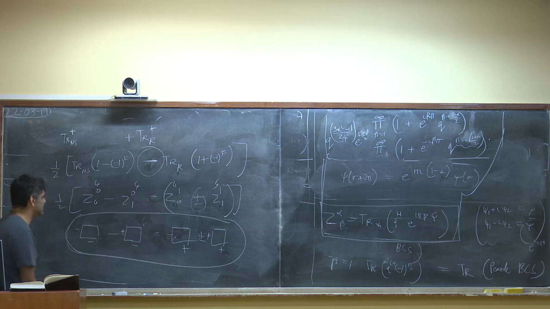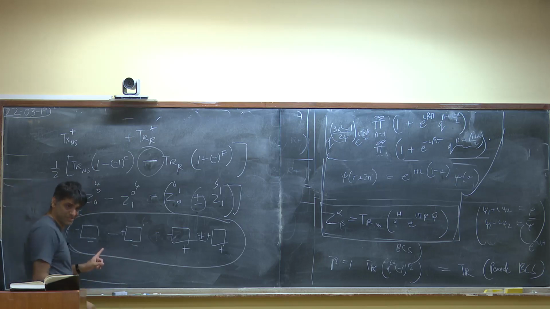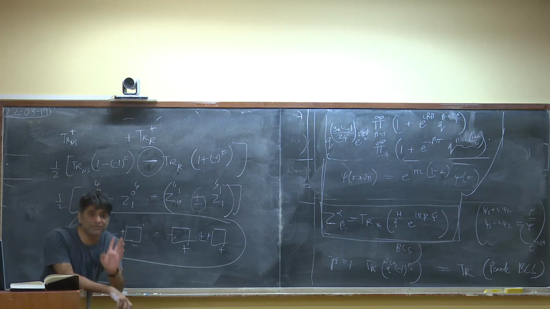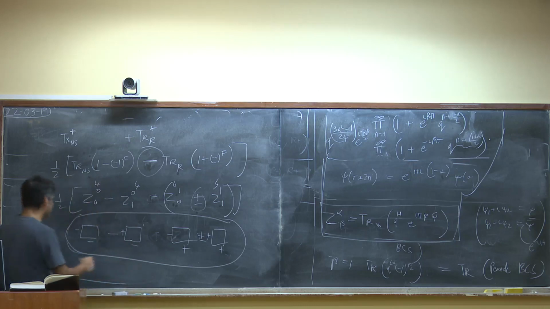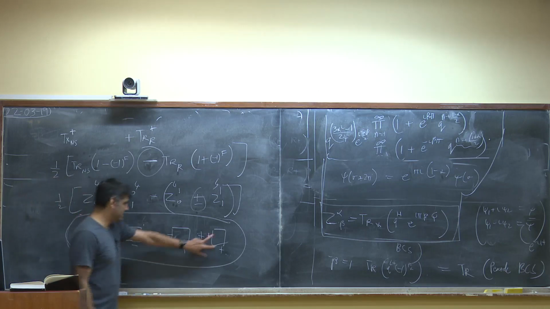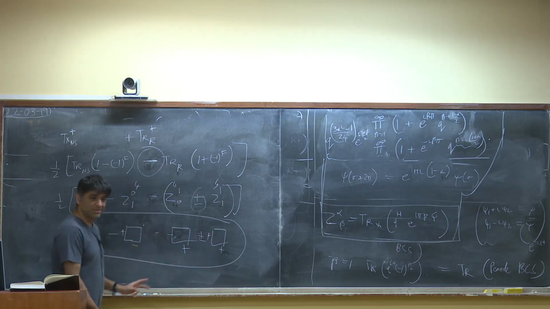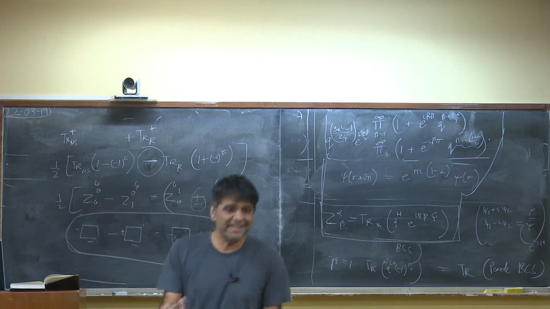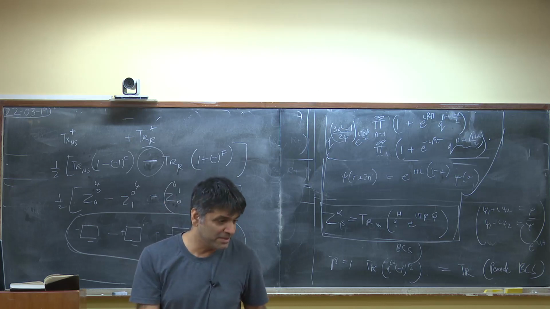The first thing about this is the following. Under T transformation, the first one gets a minus sign, and the second and third get a relative minus sign. So it looks like it's not working under T transformations. But first let's look at what does seem to work. S transformation looks like it's working, because under S transformation this one goes to itself, this one goes to itself, and these two go to each other, and they both come with a minus sign. In fact, that is the reason that modular invariance could not have worked without this minus sign.